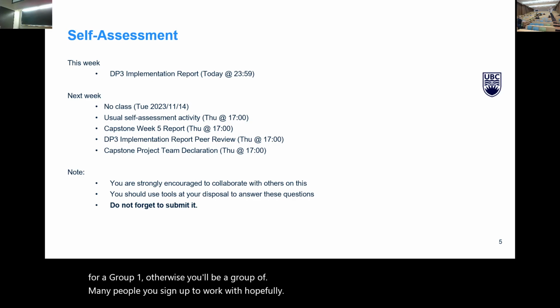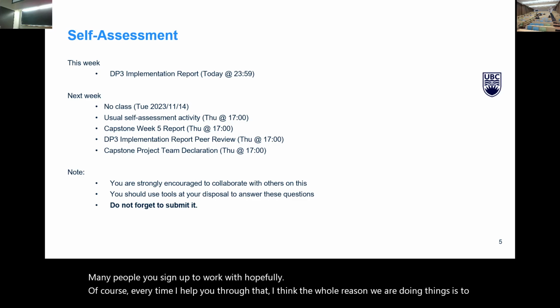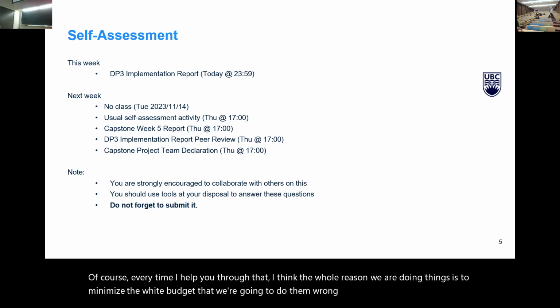Of course, every time I have to go through that, I think the whole reason we automate things is to minimize the likelihood that we're going to do them wrong. Of course,